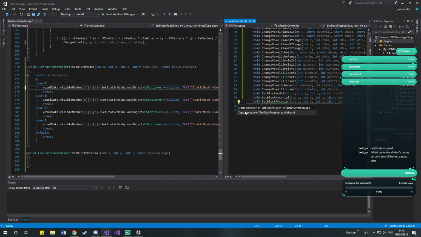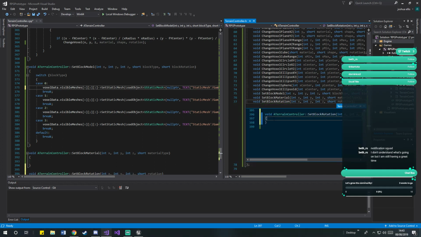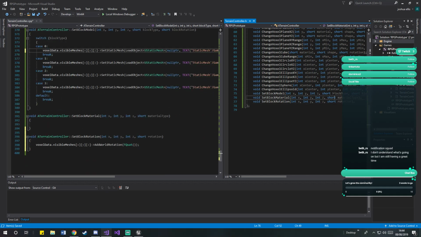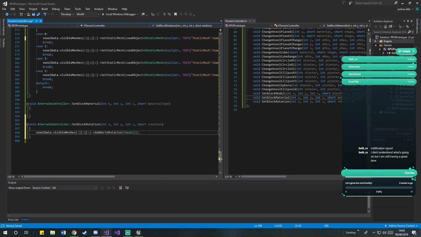We've got the thing declared. I'll just copy that code into there just so I don't lose it. Close that, save it. So now we can use this,